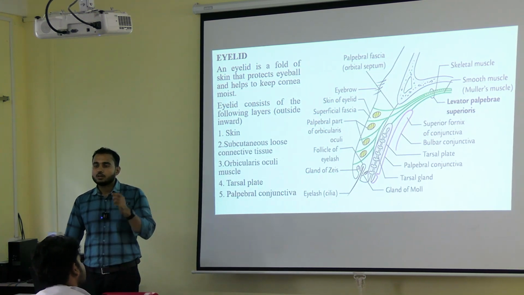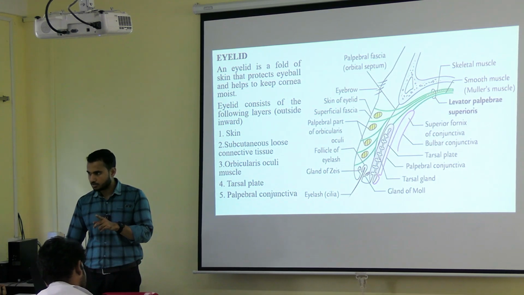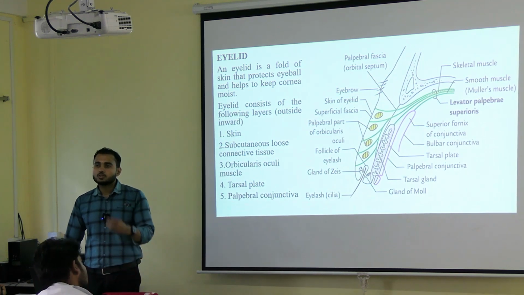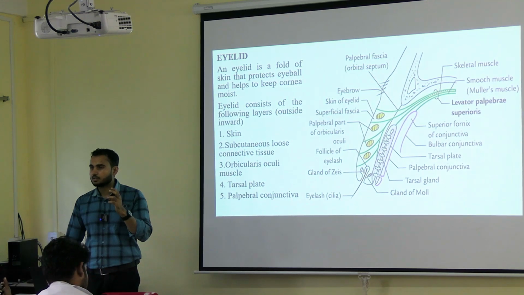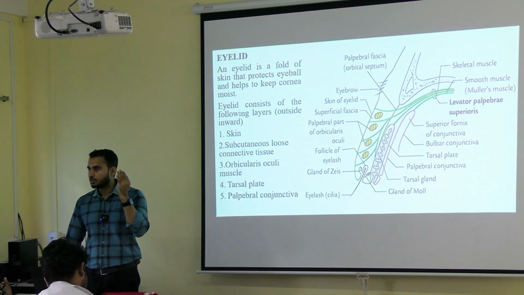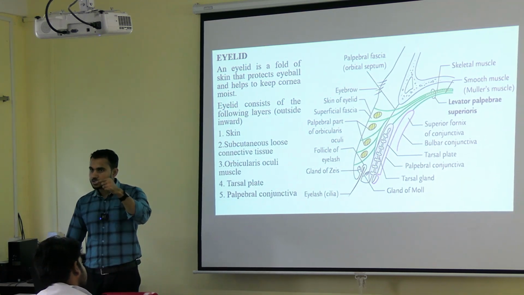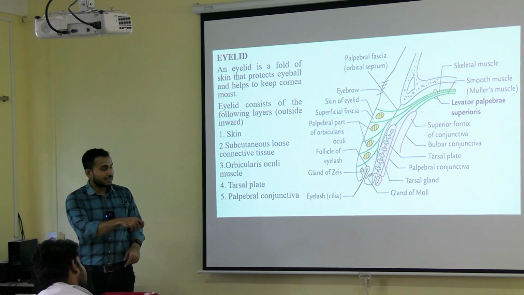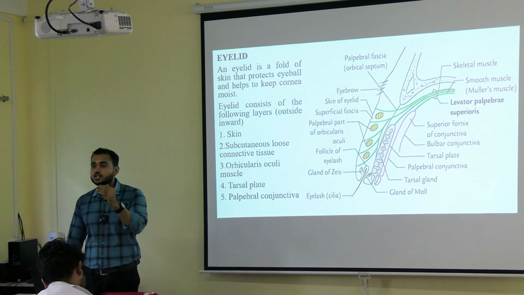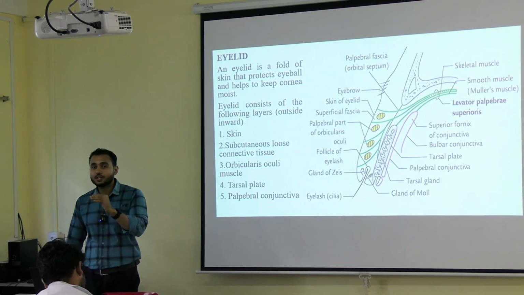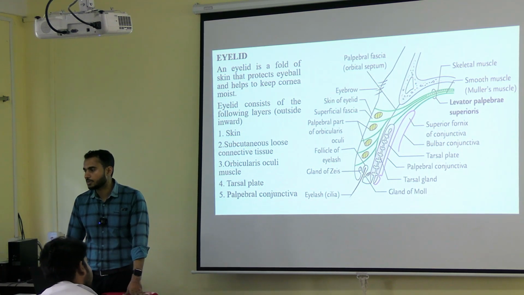I hope you have heard about the lacrimal gland. We have not studied it? Have you studied the lacrimal gland? No. It will be discussed, don't worry. So the secretion from the lacrimal gland, whenever we blink our eyes, the lacrimal fluid spreads throughout the cornea. Next, the secretion from the tarsal glands is oily in nature. So it will delay the evaporation of the fluid, so that the cornea will remain moist and will not get dry. That is the importance of the secretion of the meibomian gland.